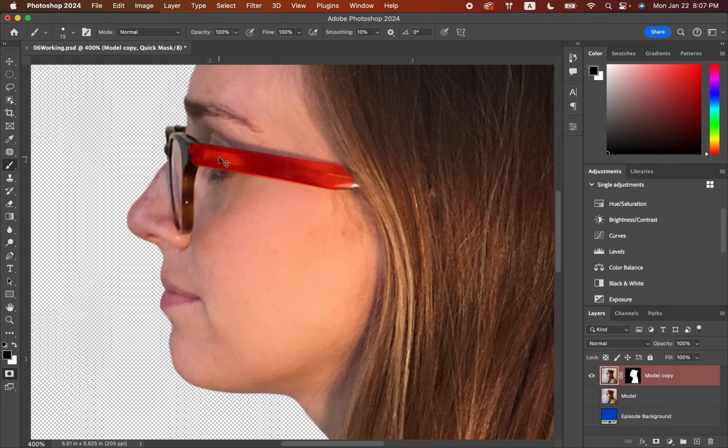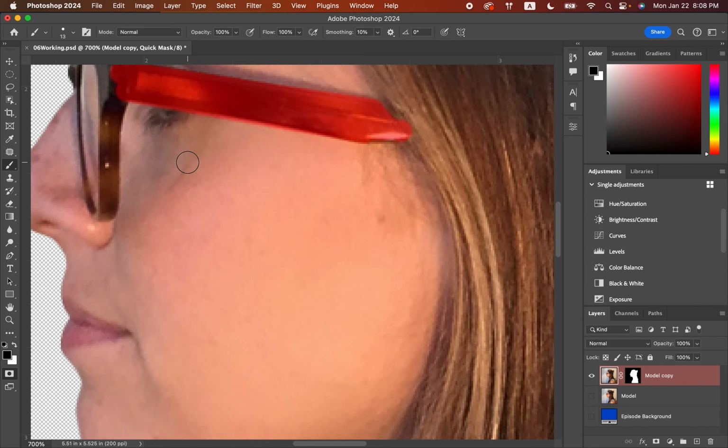You can get those straight lines by doing that. Okay, so you're going to do that earpiece, then you're also going to go in and do around the glasses